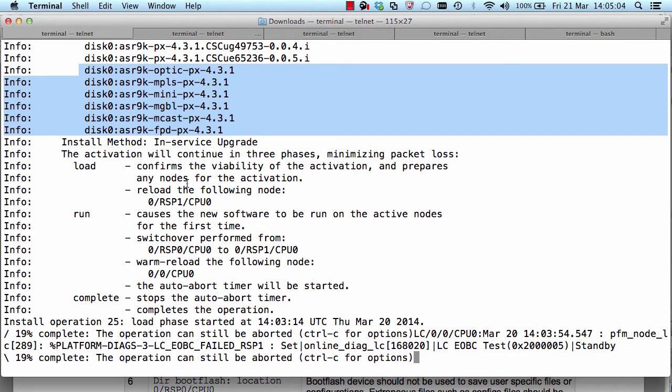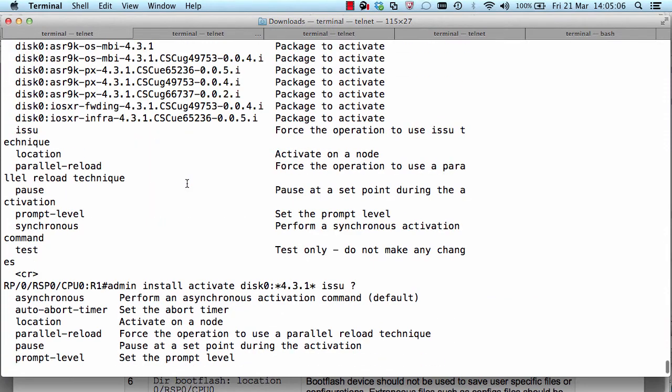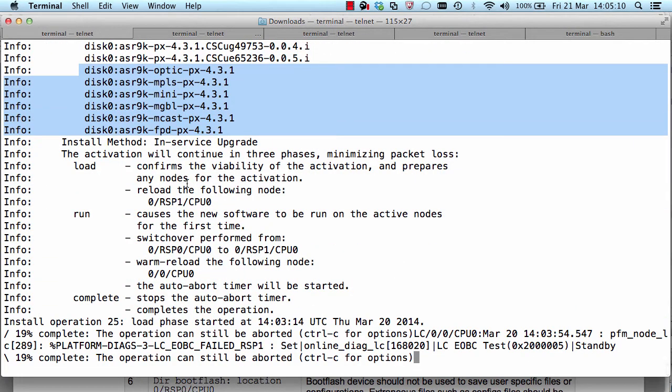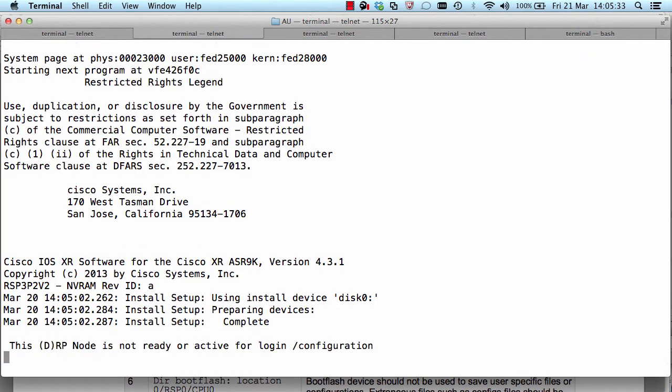On the device, I didn't have an output of show platform before, but basically it's going to upgrade the standby RSP first. So the standby RSP will be upgraded to the 431 image and made ready. That's the load phase. The next is the run phase, where it causes the new software to run. So that's pretty much a switchover. It's going to do the switchover for you, and during the switchover process, it's going to